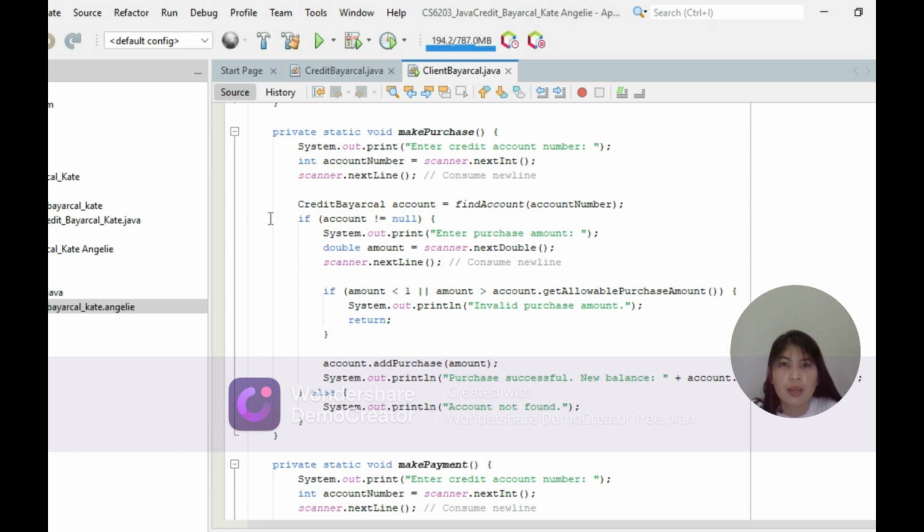So CreditHierarchical account = findAccount(accountNumber); So here is the conditional if, another if for the option. If the account is not null, the system will ask to enter the purchase amount.